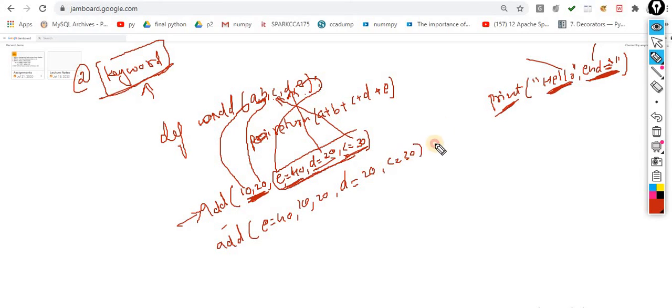No, it is not acceptable. Whenever you are mixing keyword arguments and positional arguments, your positional arguments should come first, and then your keyword arguments. Keep this point in mind.